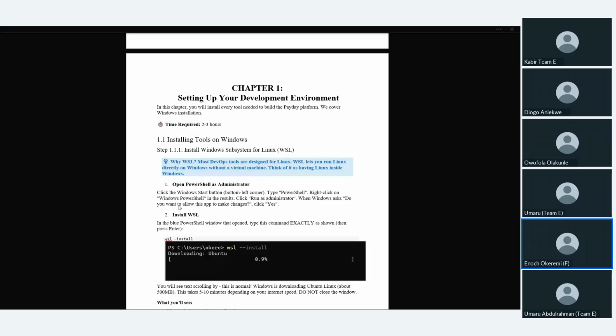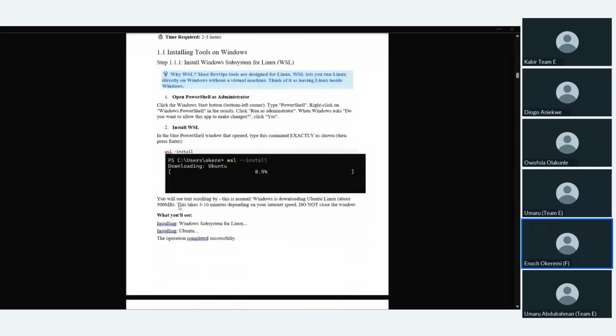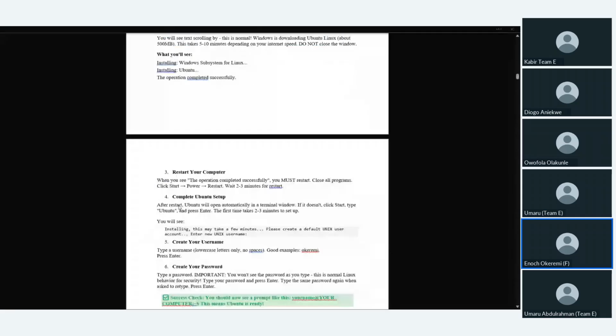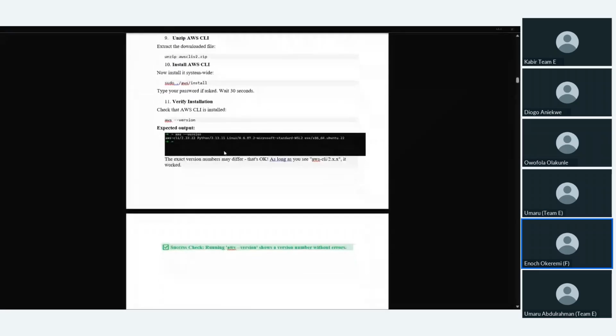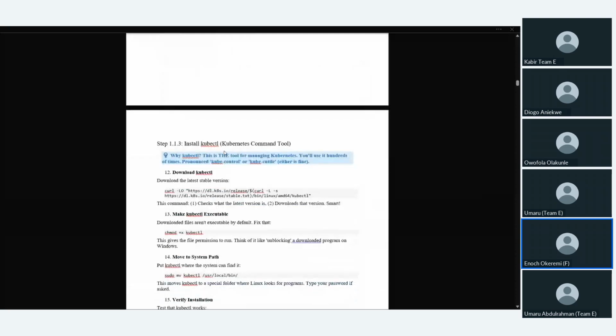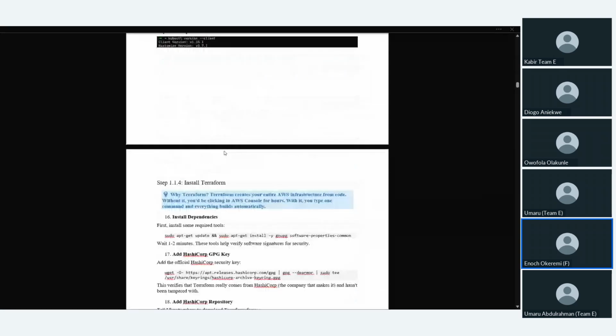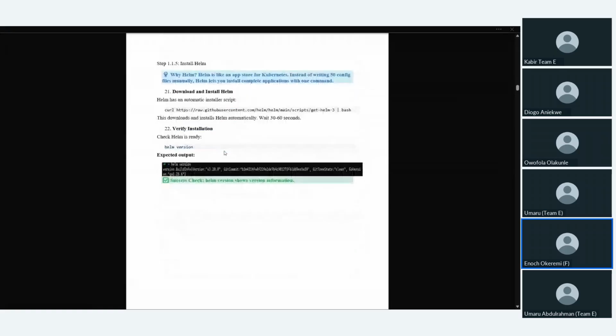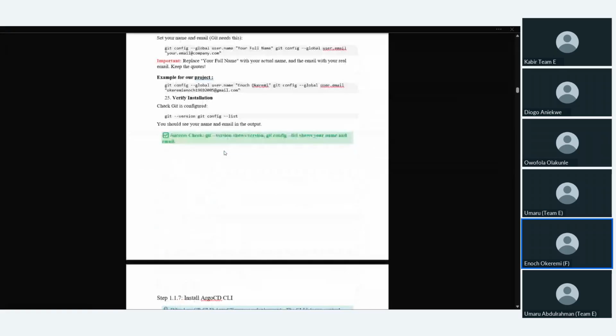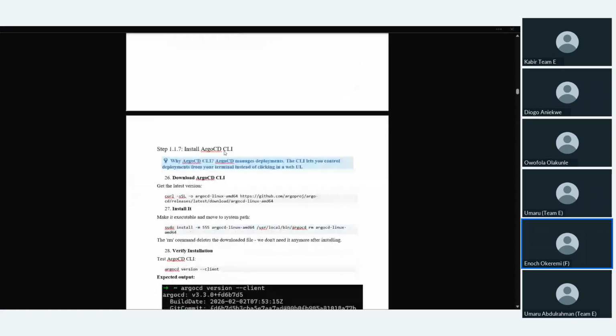From installing Windows Subsystem for Linux, it is very well detailed, down to installing the AWS CLI, and I put screenshots of it, very, very detailed, as I said. We installed Terraform, Helm, Git, Argo CD, and so on.